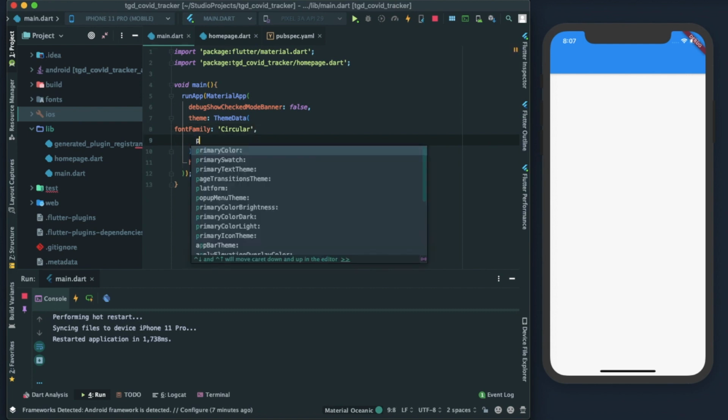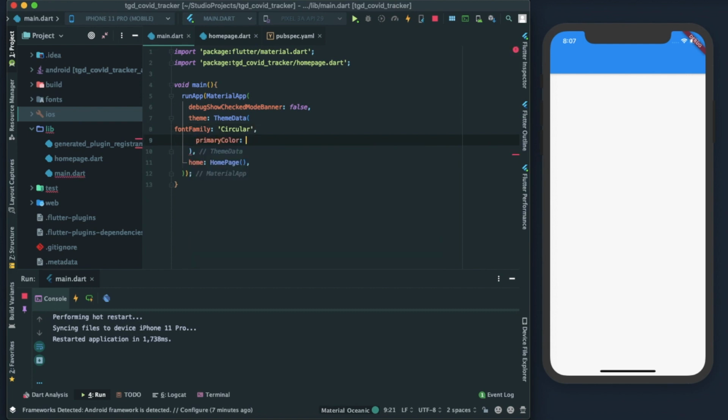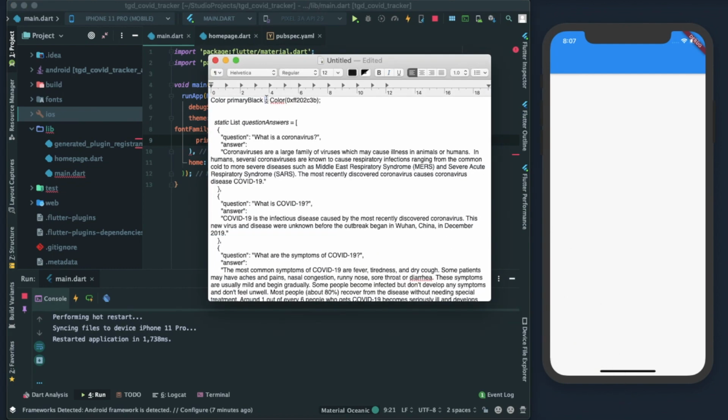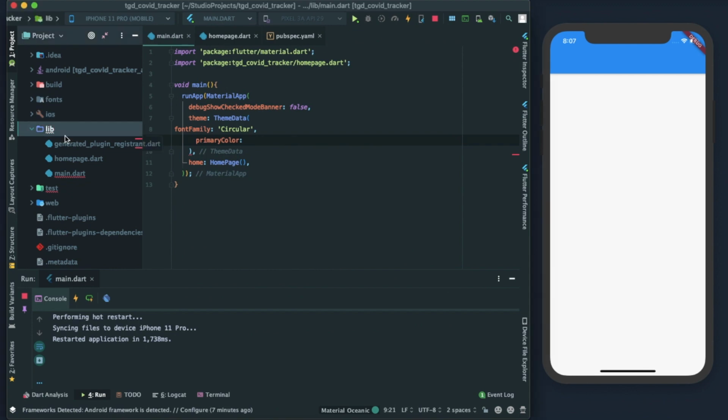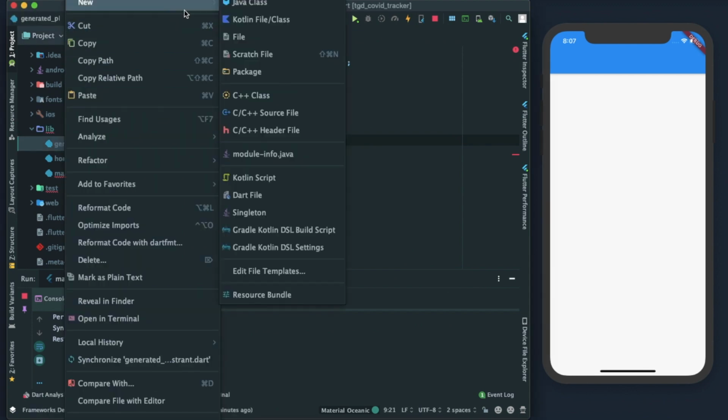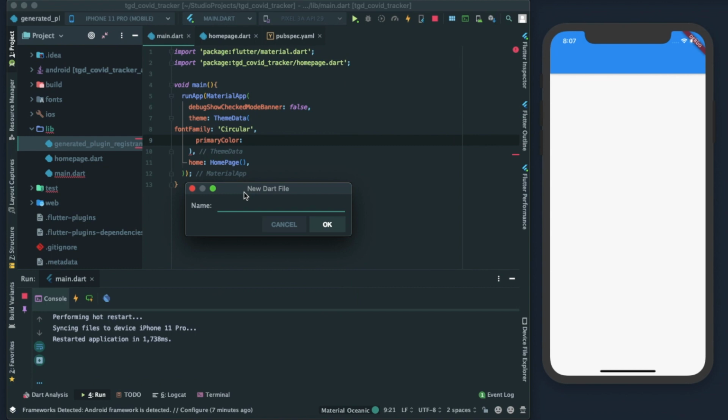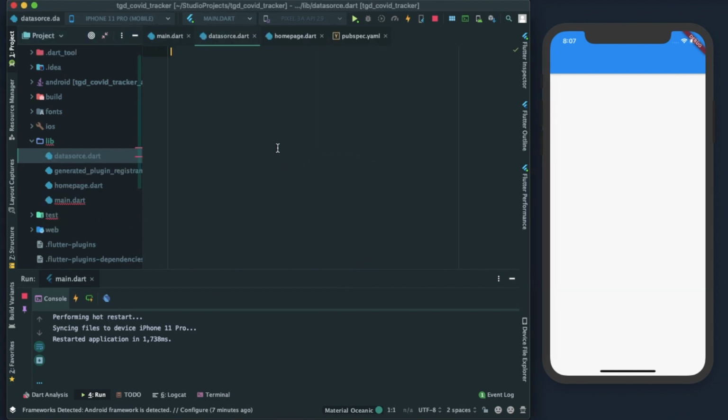Next is our primary color. For the primary color, I have chosen a custom color. Let me show you. I have it written in a file, so this is the color code for it. What I'm going to do is go to lib, create a new file and name it data source. Now inside this data source file, sorry for the spelling mistake, we're going to import the material.dart file